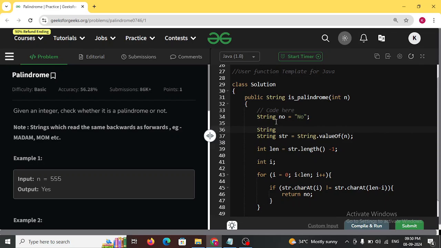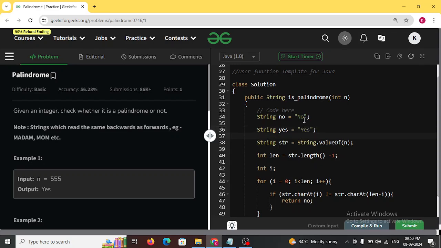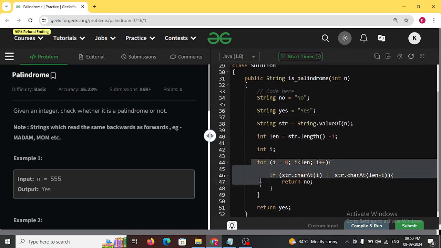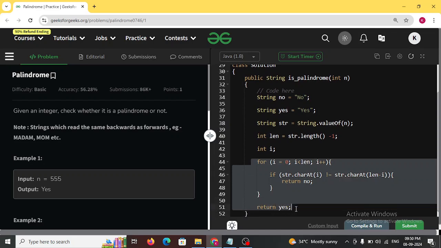String s is equal to yes. Now I explain how this for loop is working.